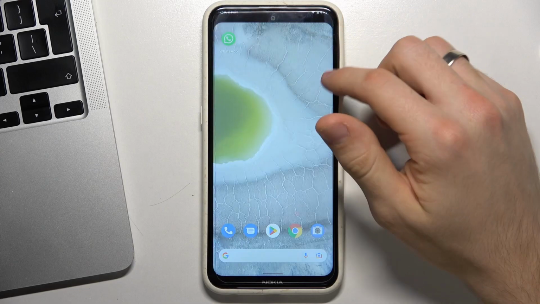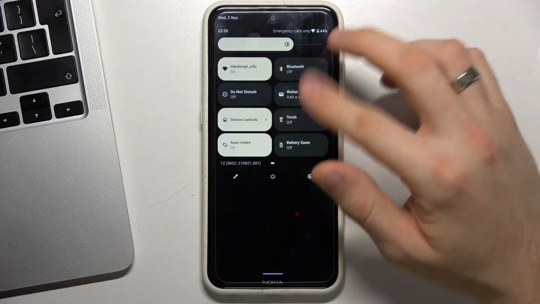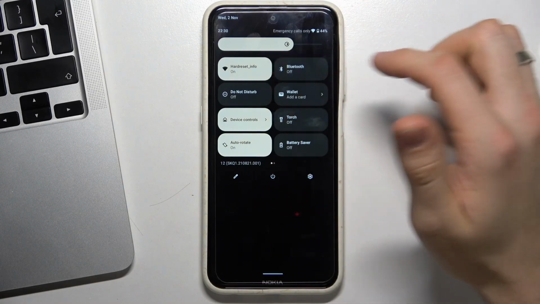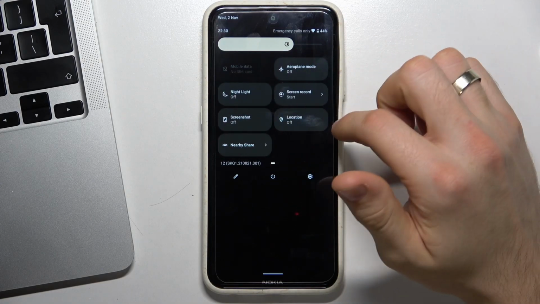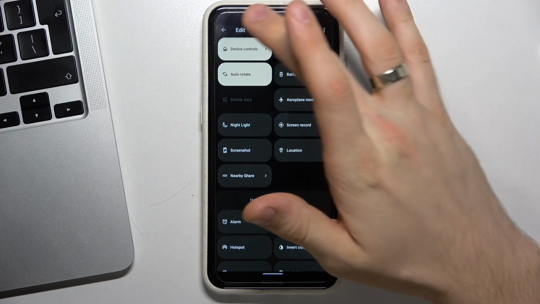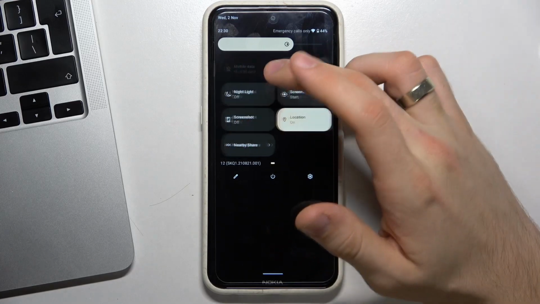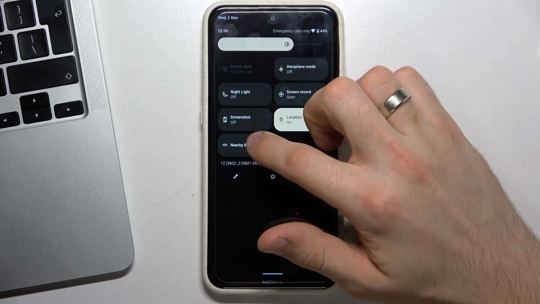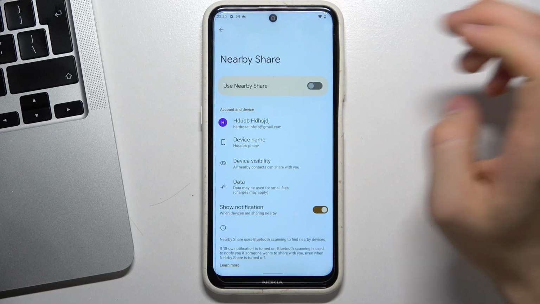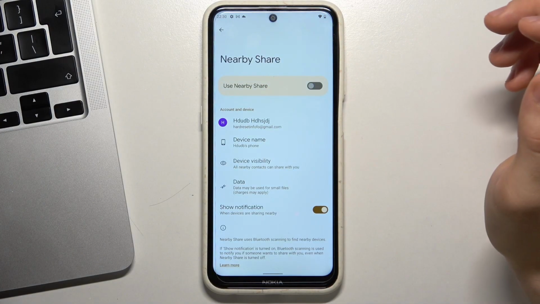Okay, firstly open the control panel, then find Nearby Share here. But first of all, enable Wi-Fi, Bluetooth and location services. As you can see, I have location services disabled, so I need to enable it. Just enable it. Cool. Now find Nearby Share, click and hold on it, wait a while, click add or verify,